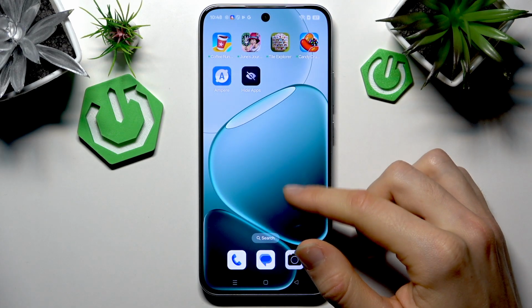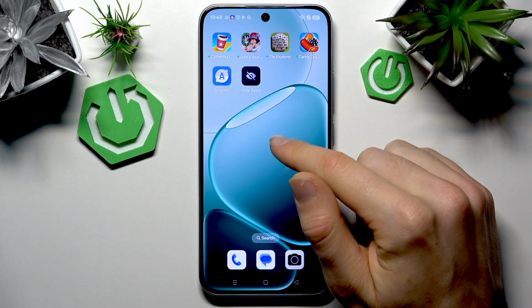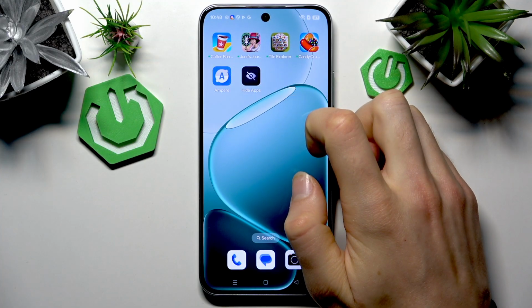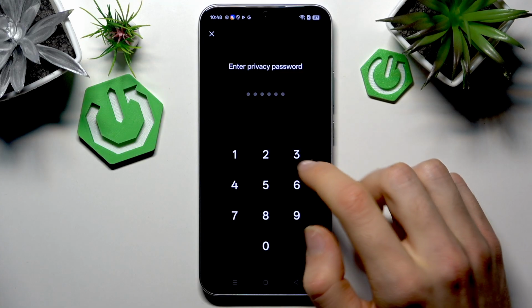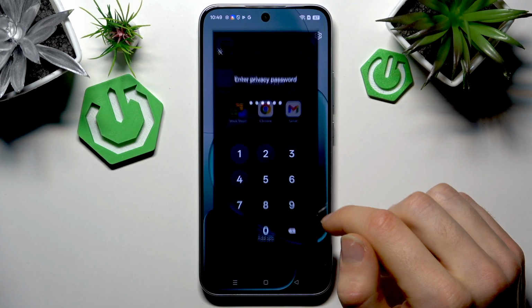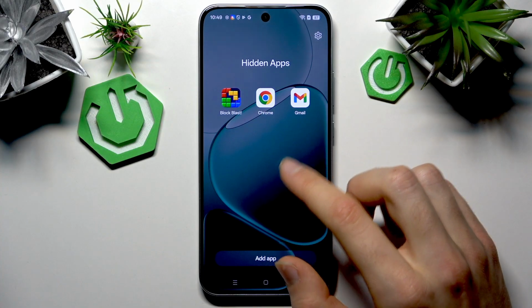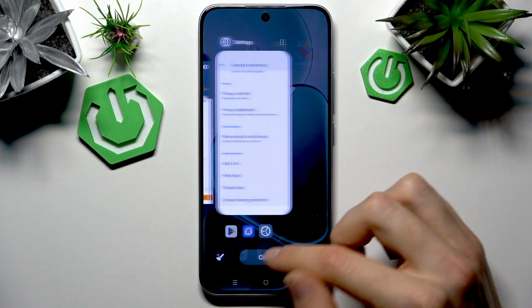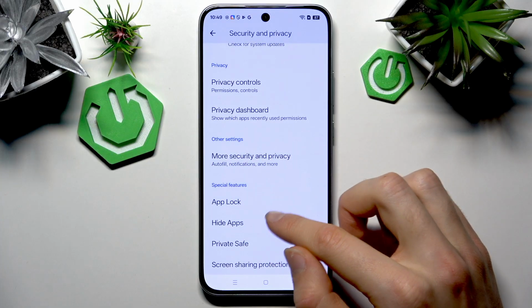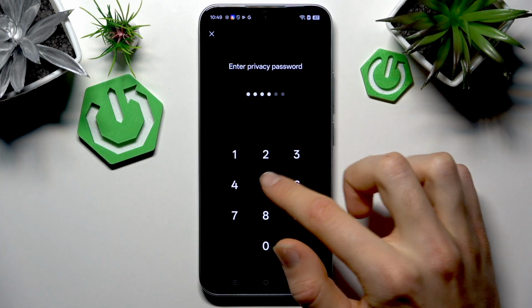And then open up this app right here if you want to see the hidden apps. It will ask you for a password. Enter the password and you'll have your hidden apps right here. And for more privacy or security, you can just